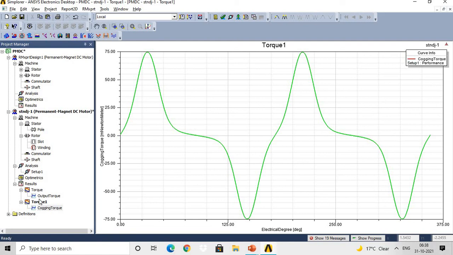Okay, now we'll discuss: suppose you want to design the motor for a particular application, then what are the general steps? You need to first of all make the theoretical design. That is, you need to understand the geometry of the motor. You should have an idea about all the parameters of the geometry along with their units. Then, apart from the geometry, you need to select the size of the motor, then the rated voltage, rated power, rated speed, etc.